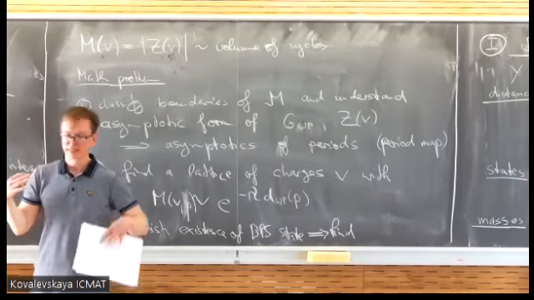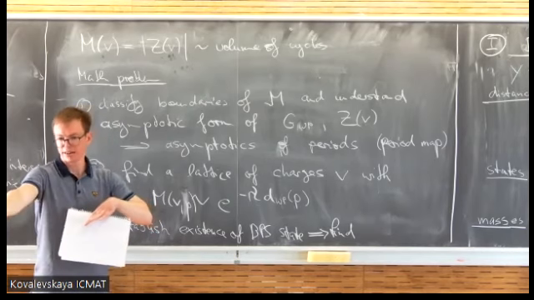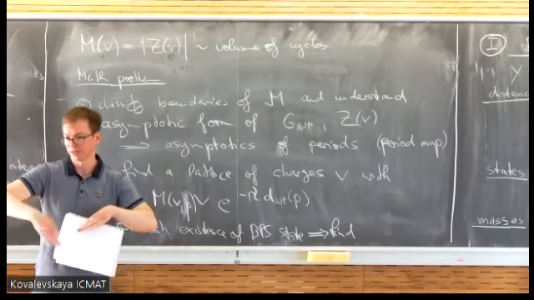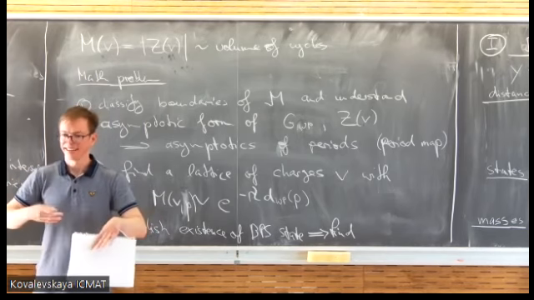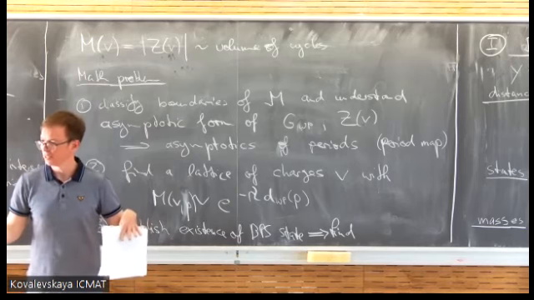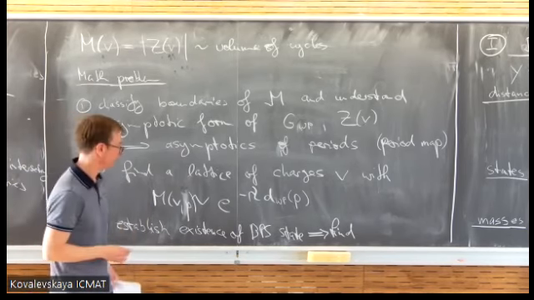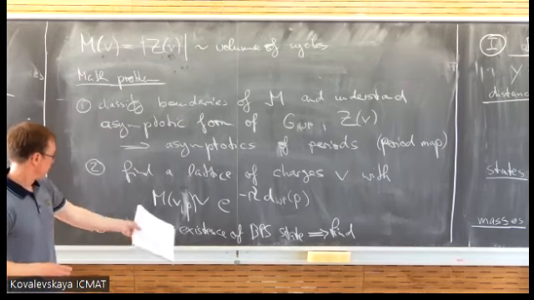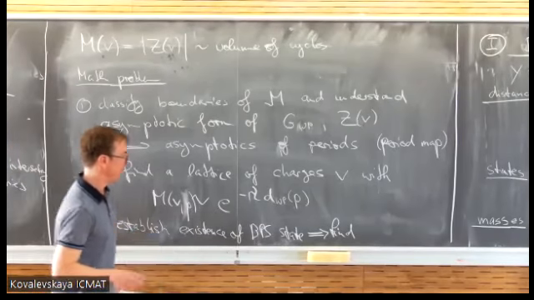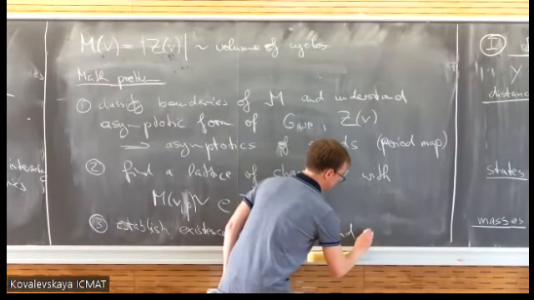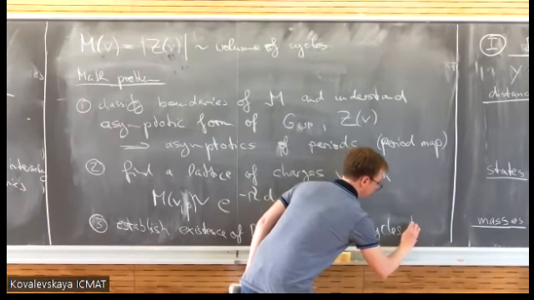We will see that some of the charges, some of the lattice points, will get heavy, so the mass grows exponentially towards the boundary. Some of them will fall off exponentially. Depending on the boundary, there are more states which do the one and more states which do the other. So it's very intriguing. And then establish the existence of the BPS states. Therefore we have to find the actual cycles that shrink.